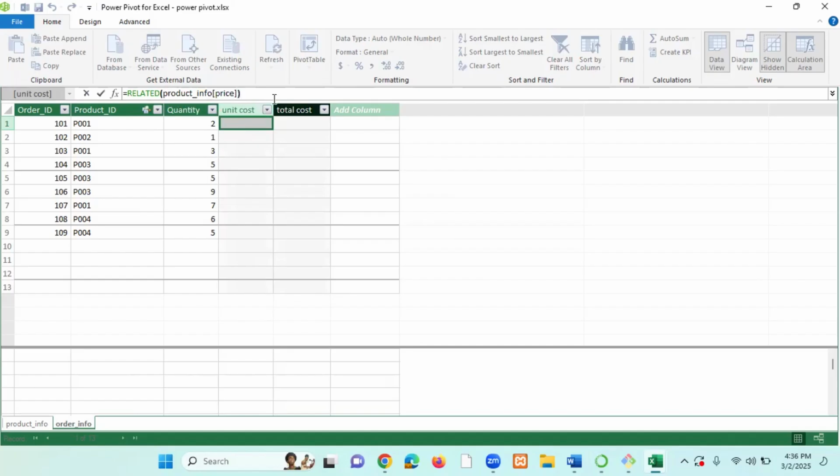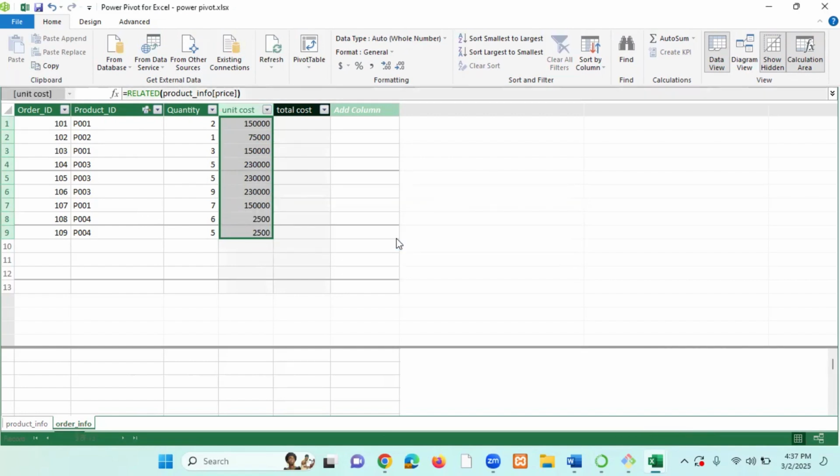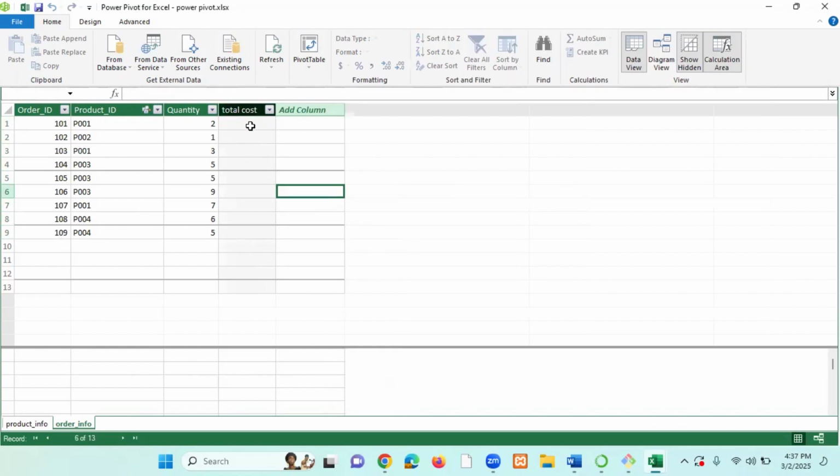So once I hit enter, you notice that the price automatically will position itself. Instead of you typing it one by one, you notice that price will automatically be positioned over here. Let me repeat this again. I delete this, and I want to bring over